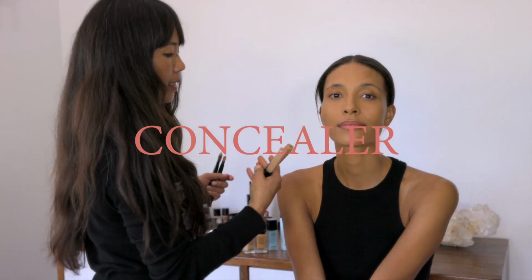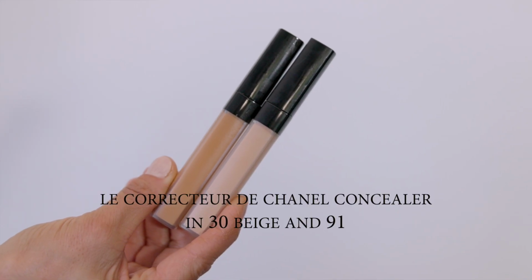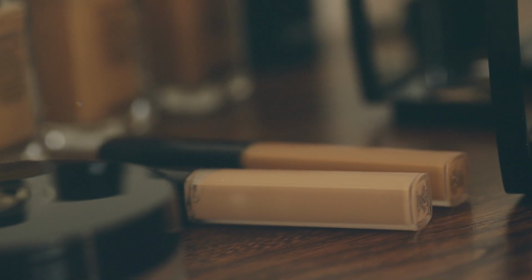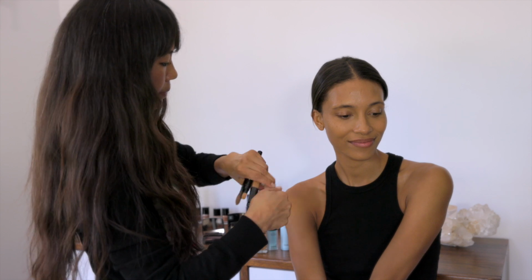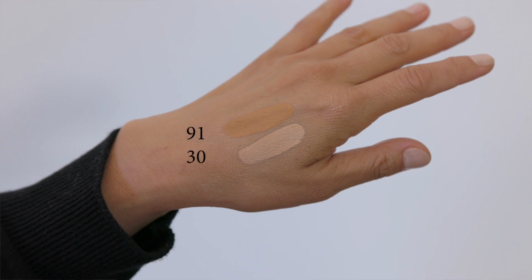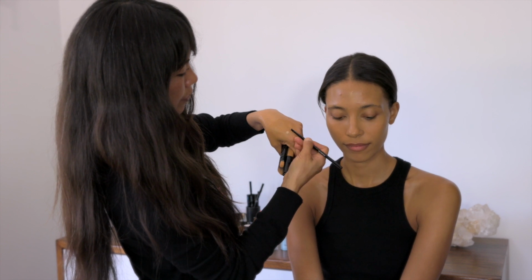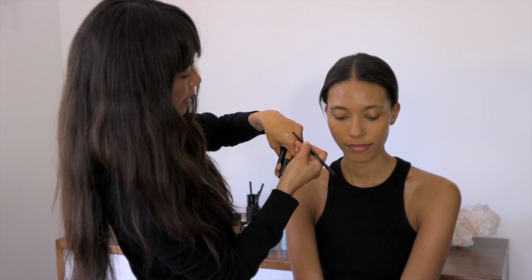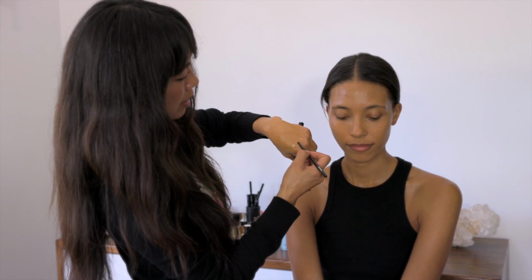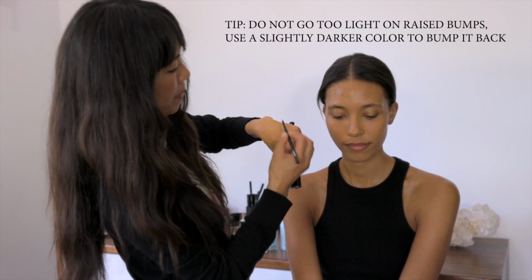What I am going to use concealer for, and I'm doing the same, having two so that I can find the perfect shades, is for our little friend there, which at this point looks like maybe a little freckle, but let's see how we do. I'm gonna take a tiny little brush and I'm just gonna take a tiny bit of spot coverage. And you don't wanna go too light if you have a raised spot,